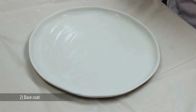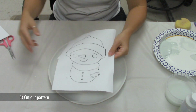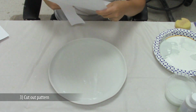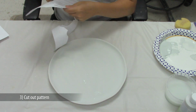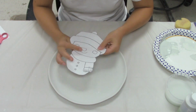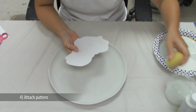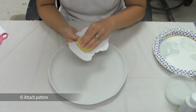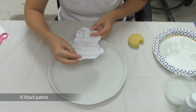artwork. So while the glaze is drying, cut out the pattern of the snowman. The pattern is going to act as a masking tool. To get the pattern to adhere, you're going to want to wet the back of the pattern using a damp sponge, and then center it in the center of the plate and press it down. It's always good to take the damp sponge and then press down the edges to make sure it's stuck down